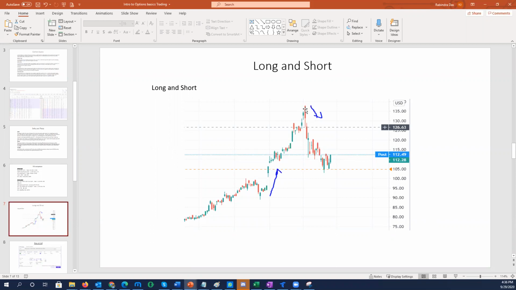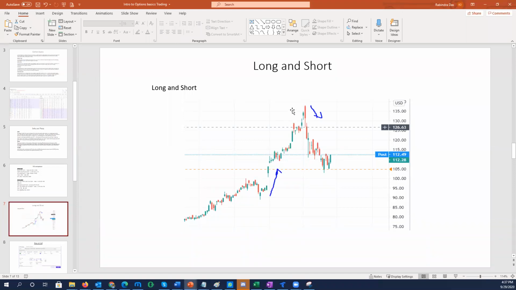But if you see Apple is dropping and you short here, that is short selling. So you make money when the market is going down. Like you short sell here at 130, and you buy back at 105. When you sell, you buy back; when you buy, you sell. So whenever you buy, that means you open the position by going long, at 105. And you have to sell it.